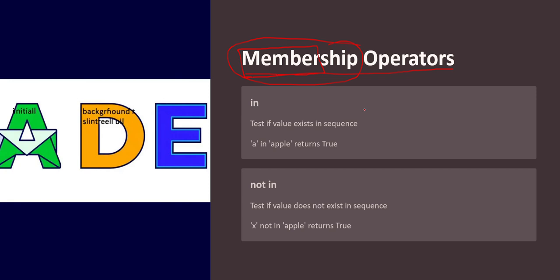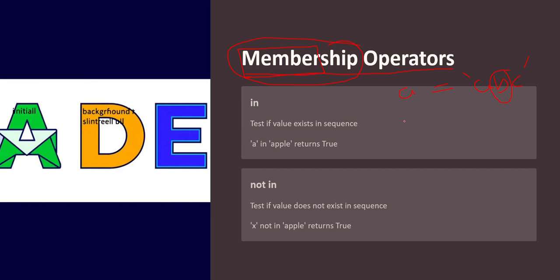Take a simple example. Let's say मेरे पास एक वेरिएबल है a, उसमें एक सीक्वेंस स्टोर्ड है, let's say a b c, एक स्ट्रिंग मैंने स्टोर करा हुआ है, variable a में, जो कि एक स्ट्रिंग है abc. अब मैं ये चेक करना चाह रही हूँ कि whether this c is a part of sequence or not, whether this c is a member of this sequence or not.